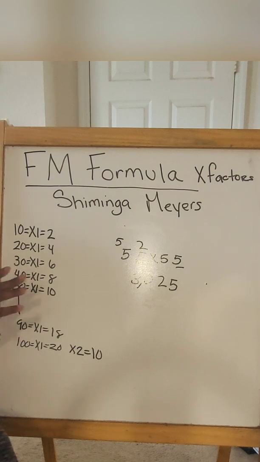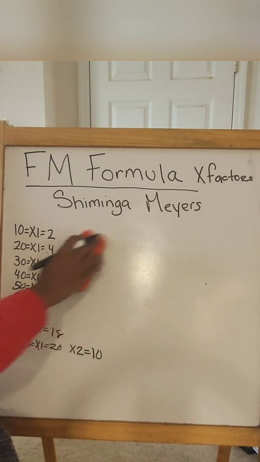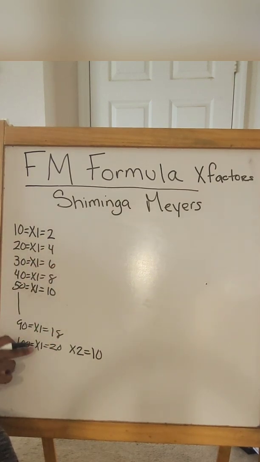They are the reason why you can get a correct answer. So let's jump down to the hundreds. As I mentioned before, we need an X1 and an X2 for the hundreds. So let's do